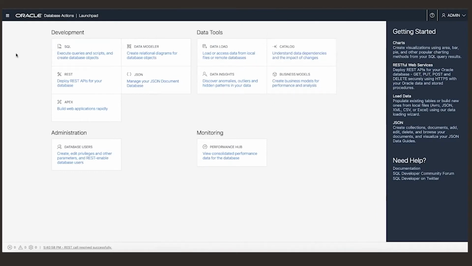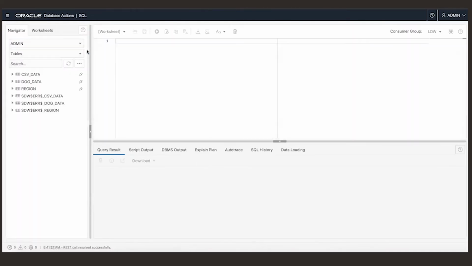The first thing I'm going to show you is how to import data from a CSV file. So if you click SQL, before we get started, let me make a very fast introduction to our SQL Developer Web. On the right-hand side, at the top, you will be able to input any kind of SQL queries here to tune and manage your database queries. And on the left-hand side, you will be able to see all the tables and also the table structure if you expand the columns.